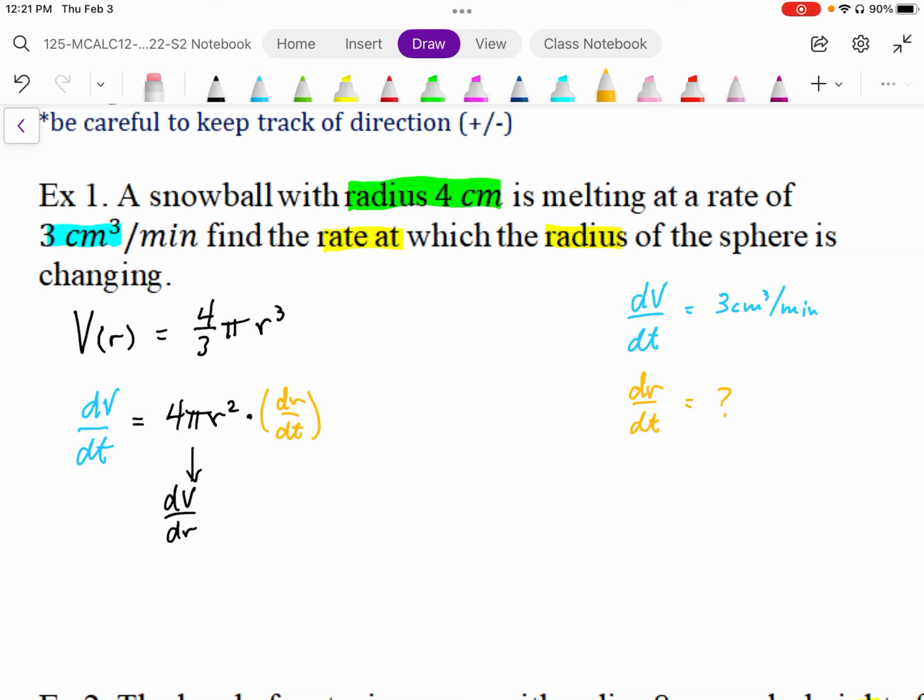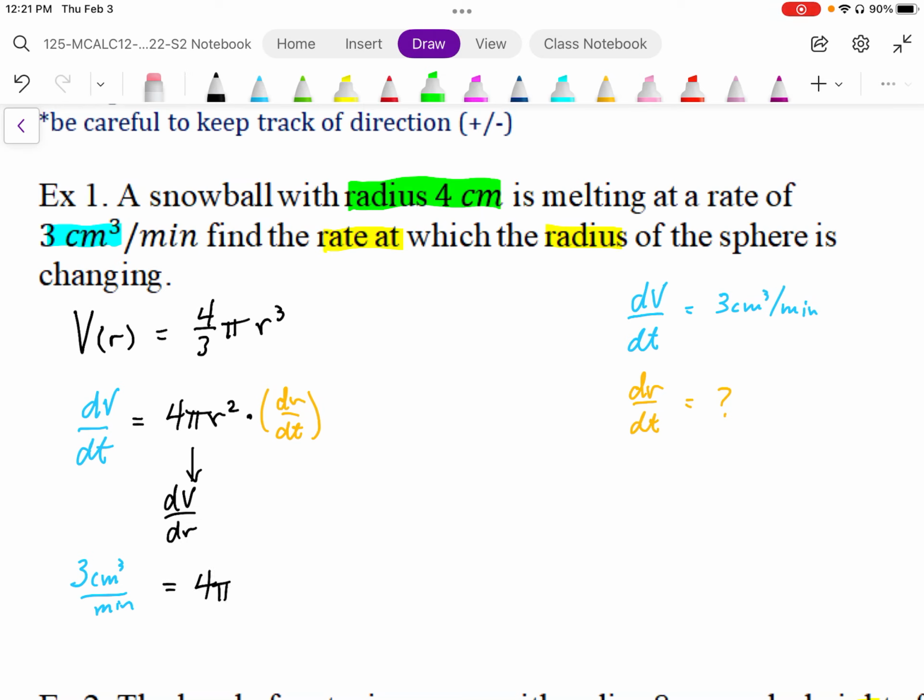So now I've differentiated with respect to time. I did apply the chain rule when I did that, and it generates all the parts I need. So at this point, I just need to plug in the parts that I know, and then solve for the unknown part. So I'm solving for the dr by dt. So I want to know dV by dt. That's been given to me, so I'm going to plug that in, 3 centimeters cubed per minute. And that's equal to